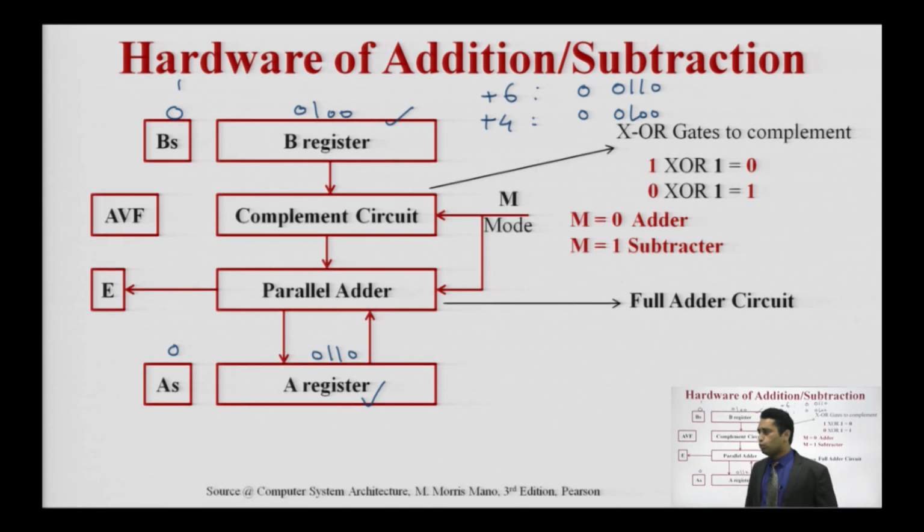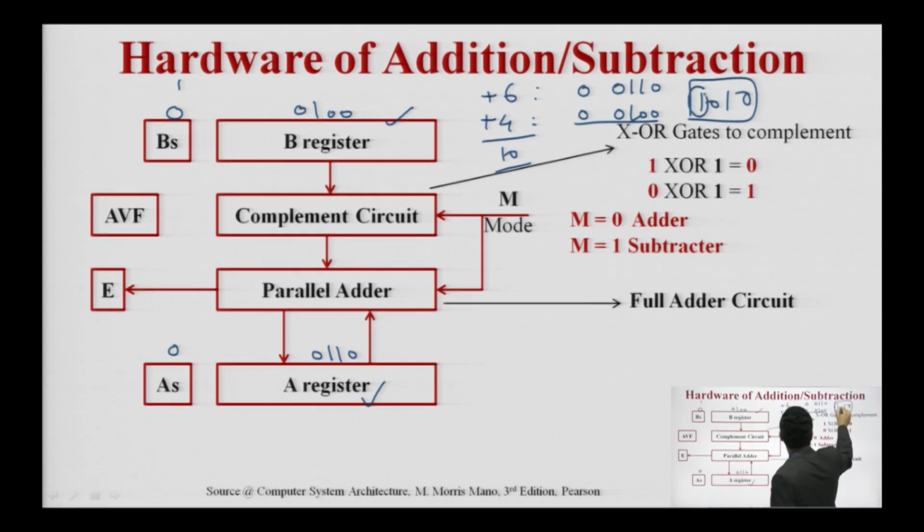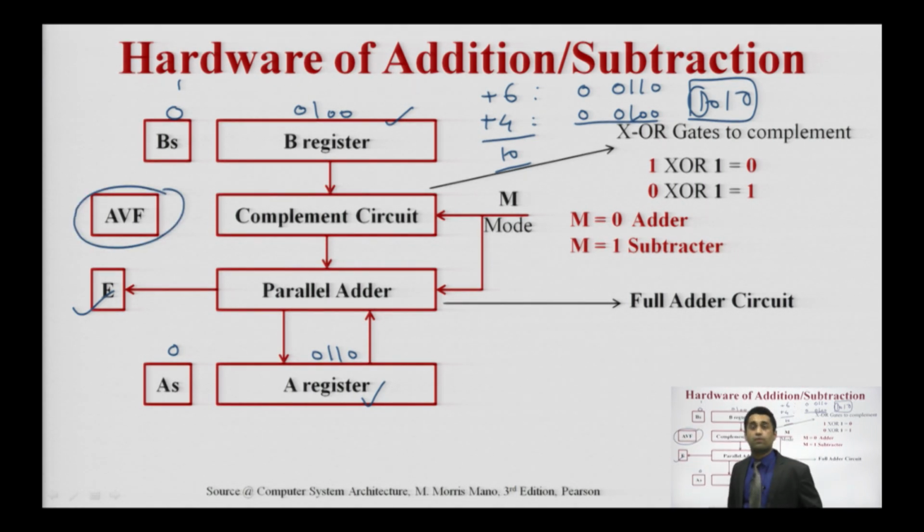If I am adding two numbers, take the same example. When I add this, the answer is 10 and 0101. Here this is the new part, where we are taking one extra bit, which is stored in the carry, and side by side this is also represented in terms of arithmetic overflow. Sometimes it's a 2-mark question: what is this AVF? AVF is arithmetic overflow. We will see the usage of arithmetic overflow next.